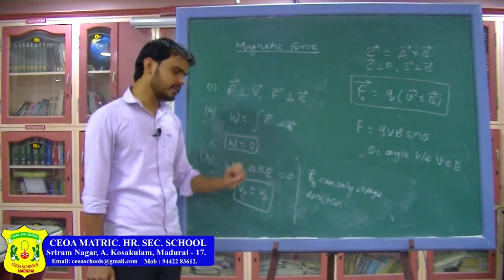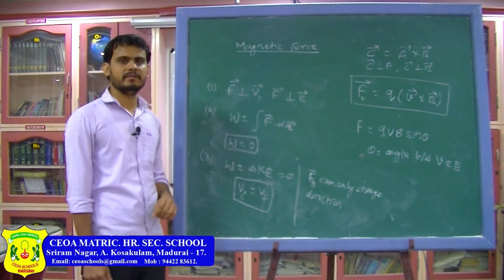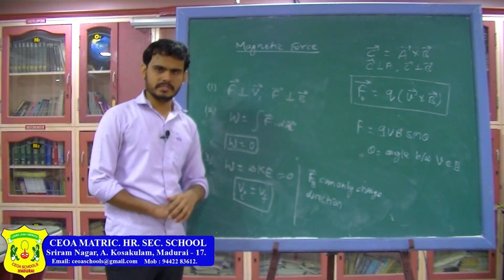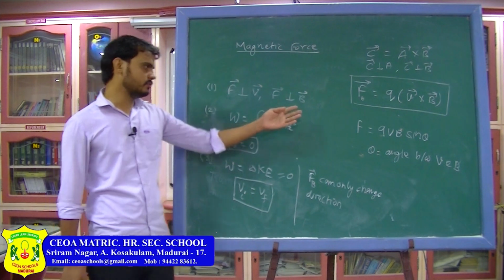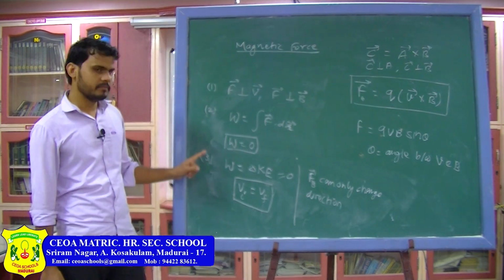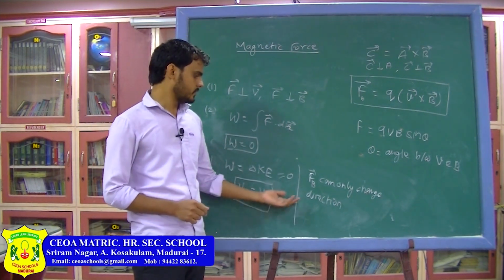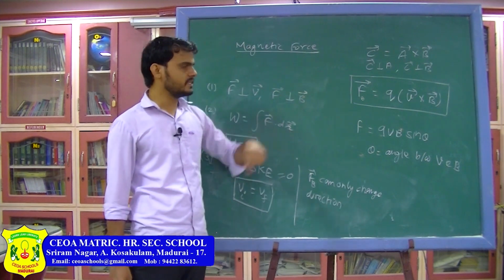Now as you know that work done by a magnetic force is 0, so you can say the power given by the magnetic force will also be 0. So these are some of the points which you have to remember about the magnetic force. You can note this down and you have to remember and make use of these properties when you are solving problems in a magnetic field. So we are going to talk about special cases in the force now.